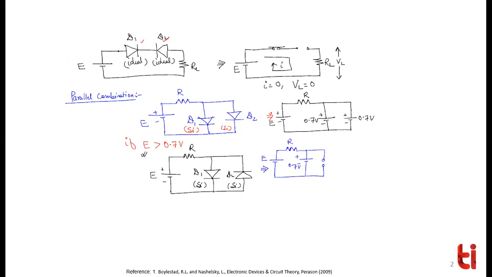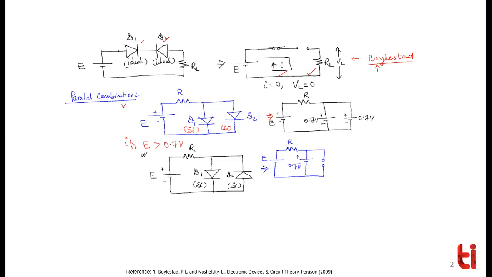Like this. Here, since both the diodes are ideal, and this is forward and this is reverse, definitely there is no current. I equal to 0, VL equal to 0 again. Very simple. And there are so many questions given in the Boylestad book. If you want more understanding, I have given you 2 or 3 examples here. If you want to practice more, you can go to the Boylestad book, where many questions are given.